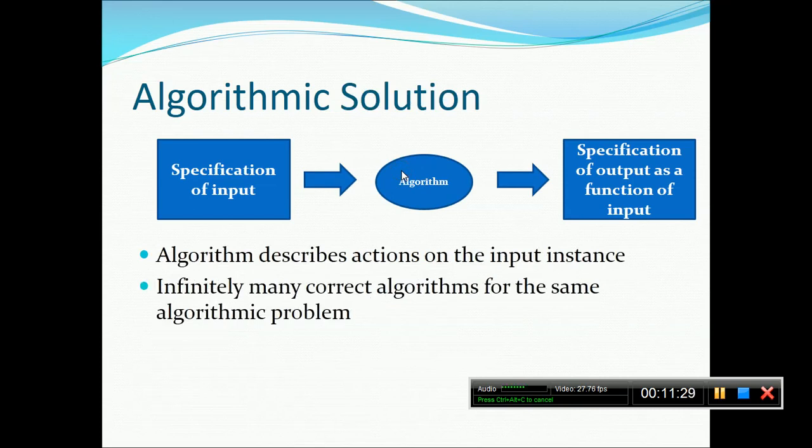So this is what an algorithm is about. An algorithm describes the actions on the input instances, and secondly, infinitely many correct algorithms for the same algorithmic problem are possible. Means for a single problem, infinitely many correct algorithms may exist.